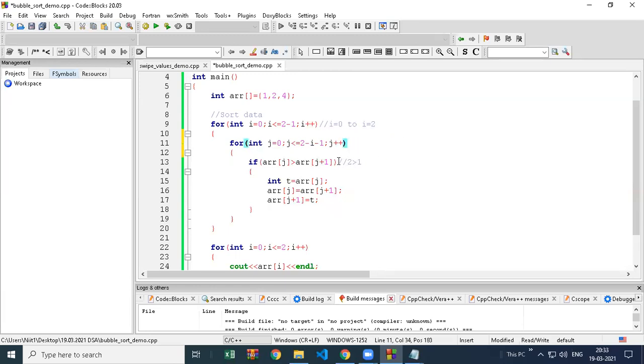So in C++, if you have 3 values in array and you don't have a 4th value, it is still allowing. In Java it will not allow, but in C++ it is allowed. If you have 3 values and you are comparing the 4th index also, by default the 4th index takes a garbage value. Otherwise in other languages it will give error because there is no 4th index available.